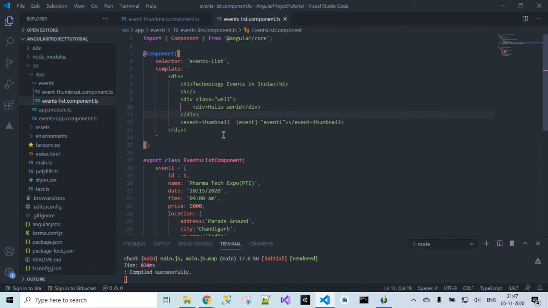Okay, let's compile by making use of the command npm start, and we'll save these changes. This project will be hosted on localhost 4200. So let's go there.